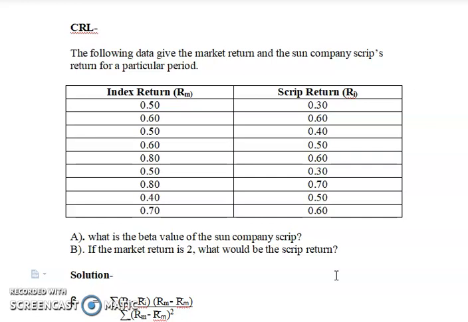If I say beta 0.5, a 1% change in the market index return causes a 0.5% change in the stock return, right? So the stock is less volatile. A script with a beta of 0.5, we say that stock is very less volatile, meaning very safe. Even if the market crashes, the stock seems to be not much affected. It doesn't behave erratically compared to how the market behaves, right?